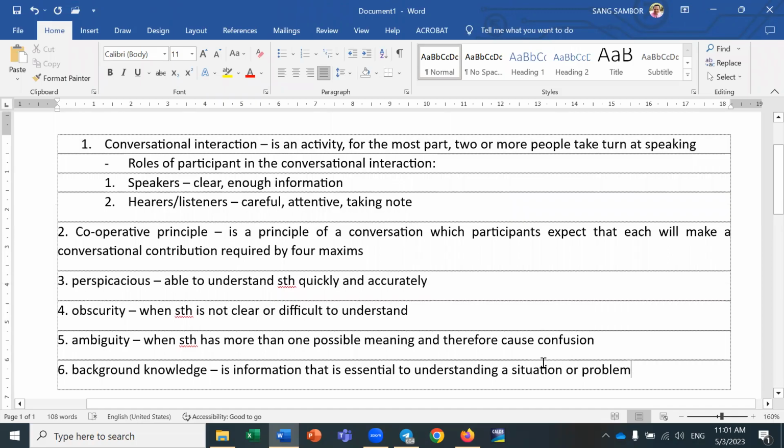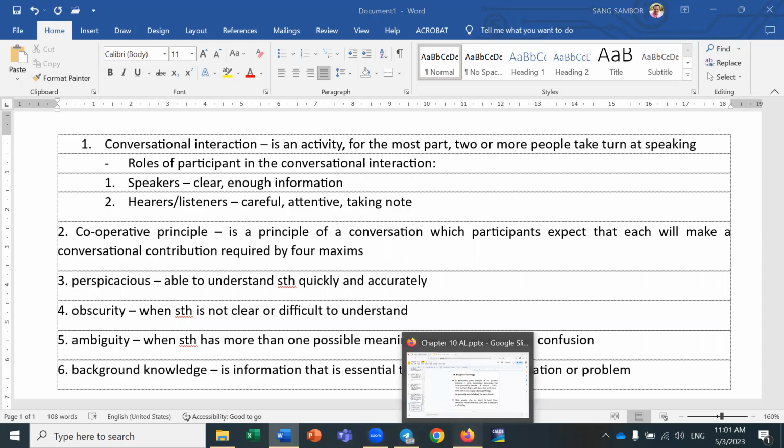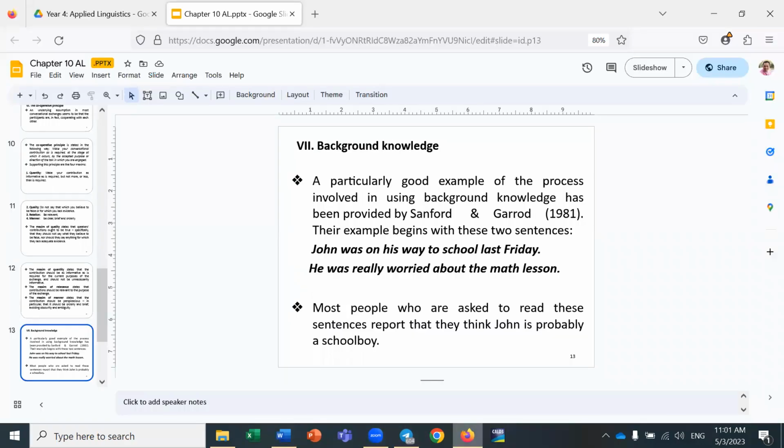you may find it a little bit difficult to understand what the speaker is saying. Now, I'll just raise one example. If you join a workshop on agriculture, the speaker is talking about agriculture, and you don't have any background knowledge related to agriculture, do you think you can understand the speaker? Of course not. You will not be able to understand the speaker because you don't have any related background knowledge at all. So background knowledge is very important because it is information that is essential to help us understand the situation and the problem.